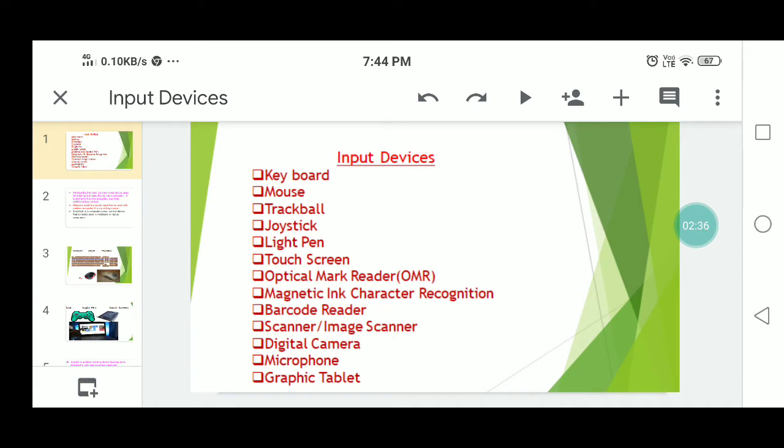Data is entered into a computer by pressing a set of keys available on the keyboard. The keyboard is the oldest input device still used with modern computers. Whenever you press the keyboard keys, the corresponding character will appear on the screen.